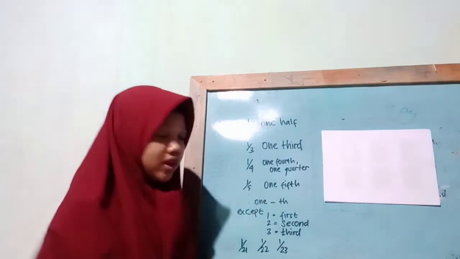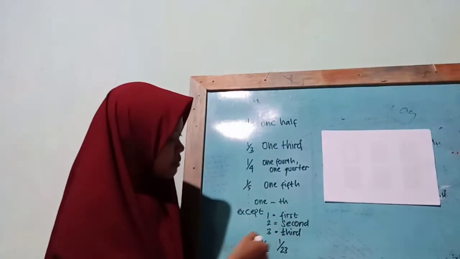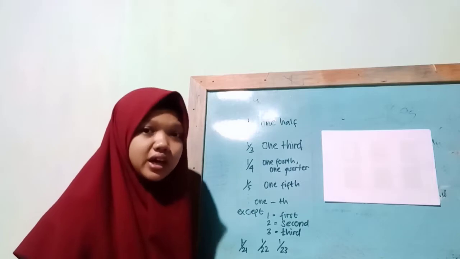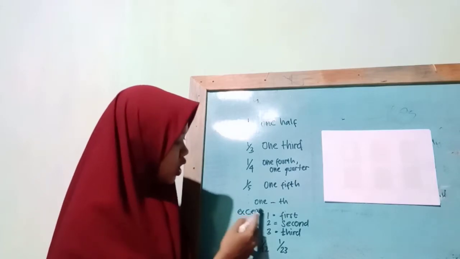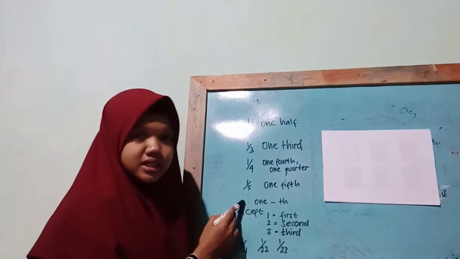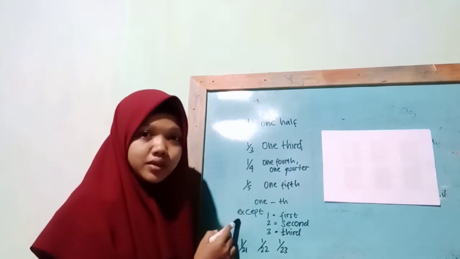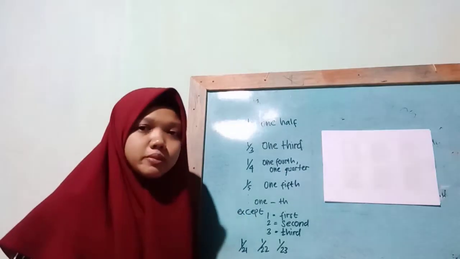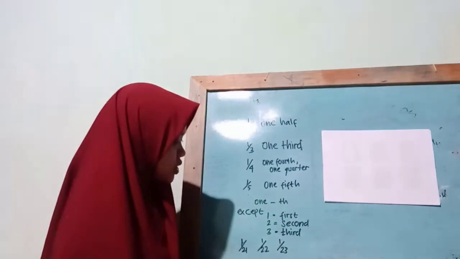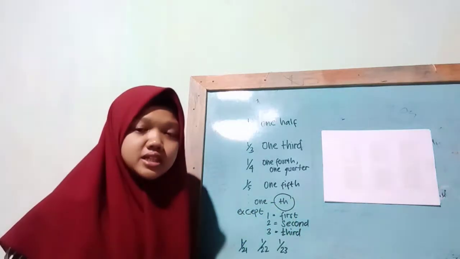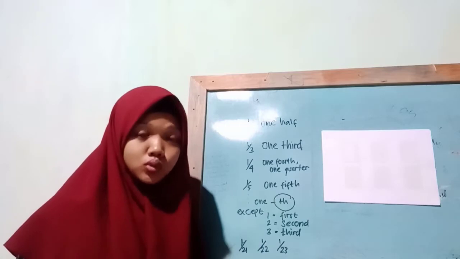As we continue with the numbers, the majority of them have "th" at the end. So I would follow this: 1/6, 1/7, 1/8. Okay, we normally put "th" at the end,